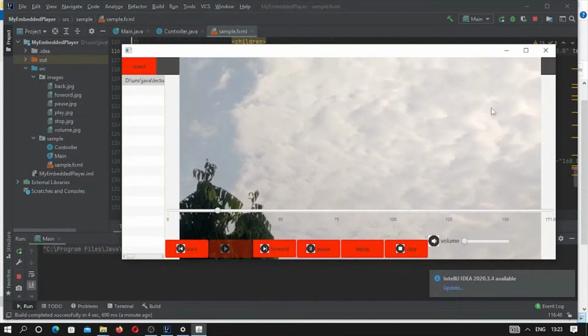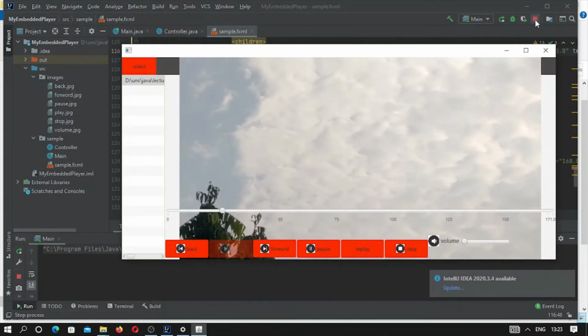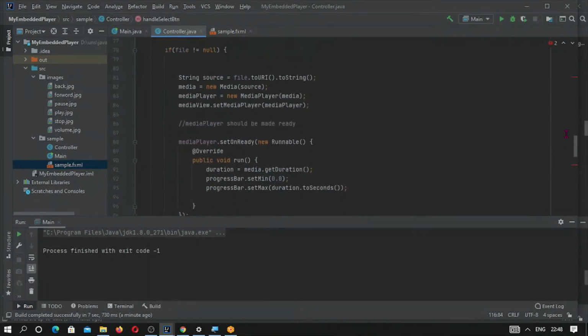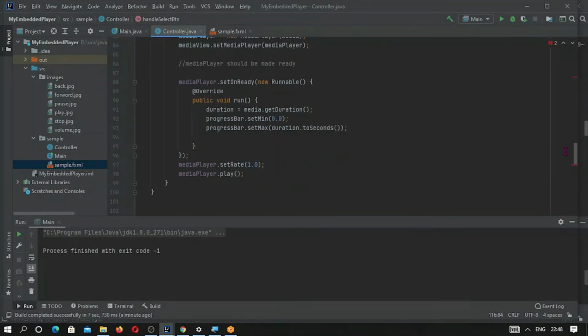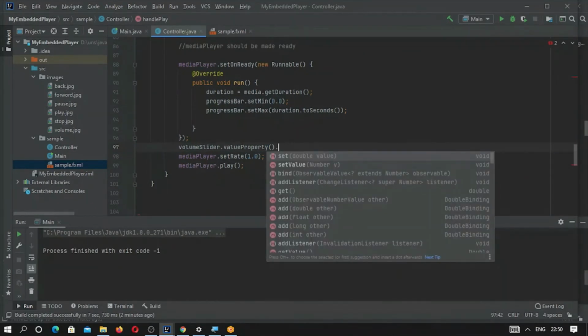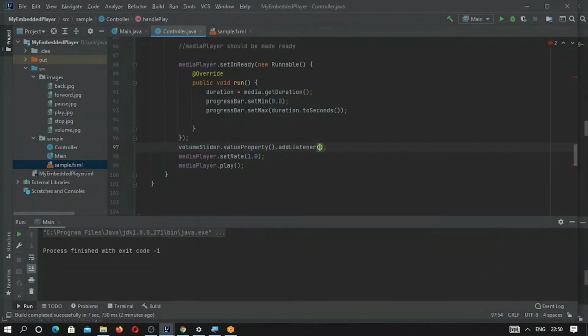Let's go ahead and program the volume functionality. Now we have to stop it and do the volume. For setting our volume, we have to use volume slider dot value property dot add listener, and we have to choose new change listener.